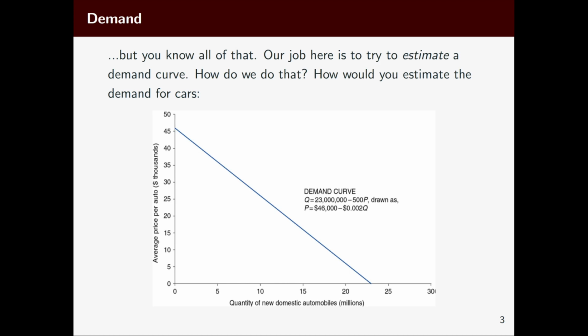So our job here in this class is trying to estimate a demand curve. And so how should we do that? Demand curves we've seen over and over again are these usually straight lines that slope downward. So in this case, we have a demand curve for cars. On the y-axis, we have the price of vehicles in thousands of dollars, and then the quantity demanded of automobiles, in this case in millions. So the market here is all cars in the U.S. market. So if the average price of a car is really expensive, say around $45,000,